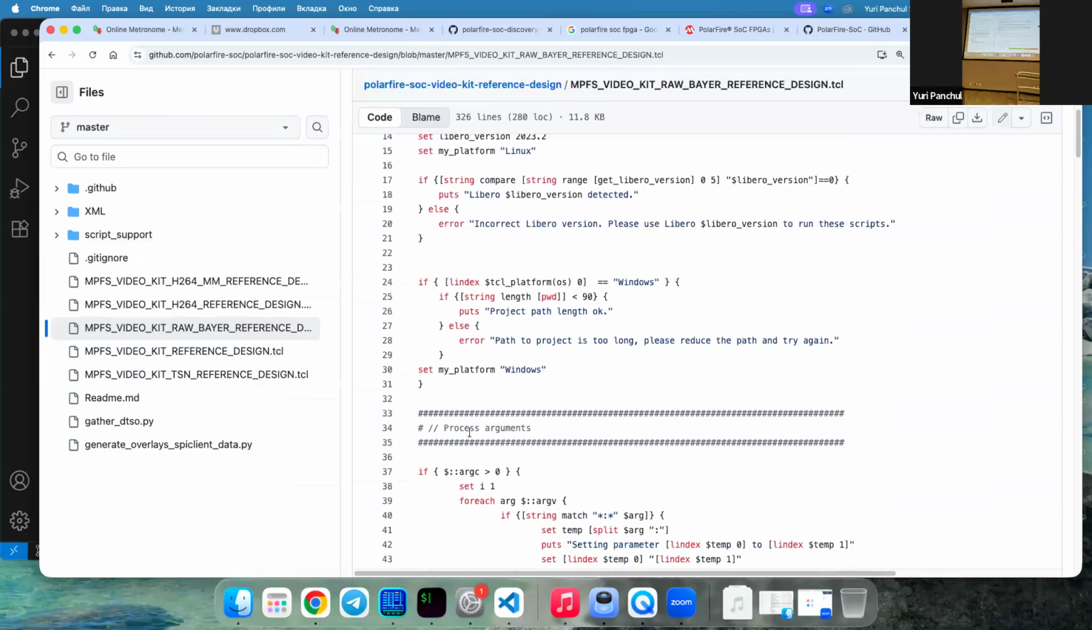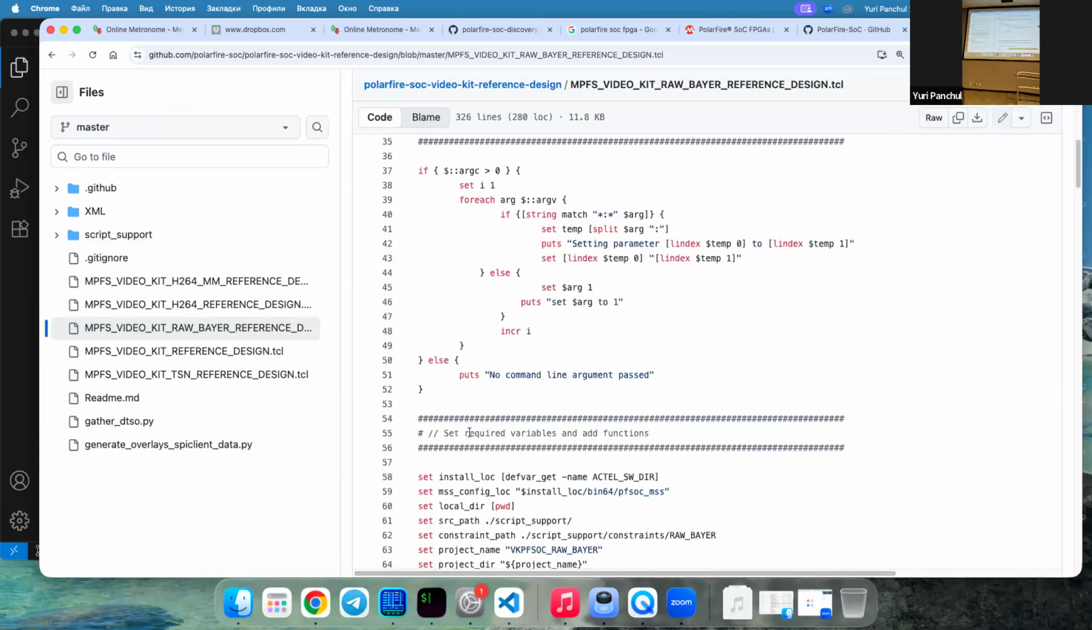Video kit reference. So same thing is here. This is just like scripting documentation. Another thing, if you are interested, I'm looking for somebody who can help in